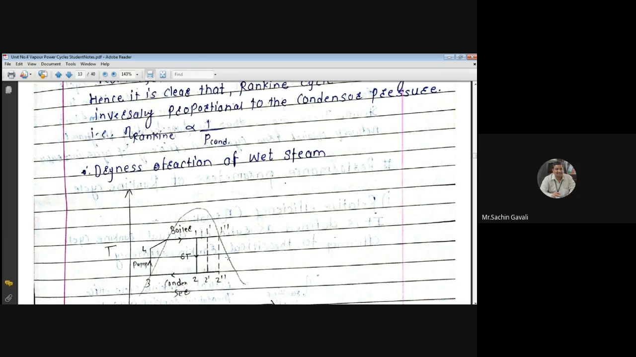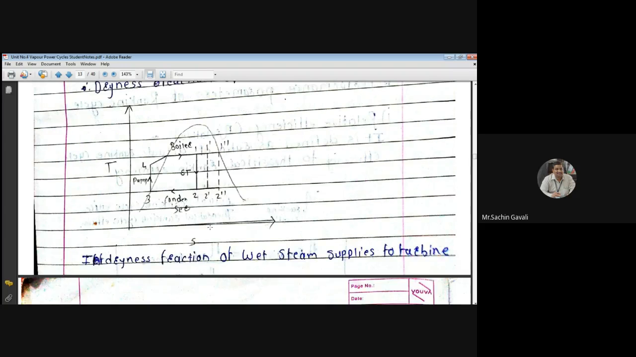Then we know the dryness fraction of wet steam. If the dryness fraction of wet steam goes on increasing, 1 to 2, 1 dash to 2 dash means here it is less. Here it is going nearer to the vapor line. This is the liquid line, this is the vapor line. If the area increases, we are coming nearer to the vapor line, so dryness fraction goes on increasing. As we increase dryness fraction, the area of the polygon goes on increasing,